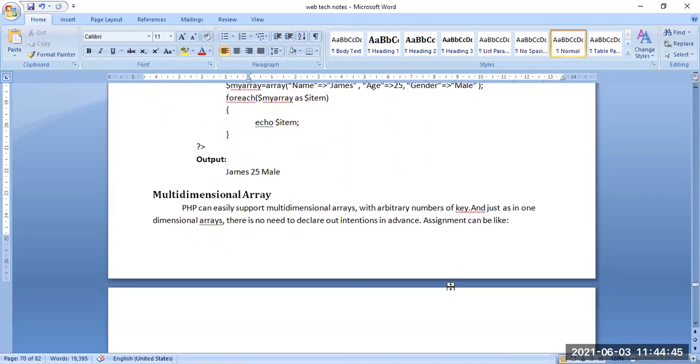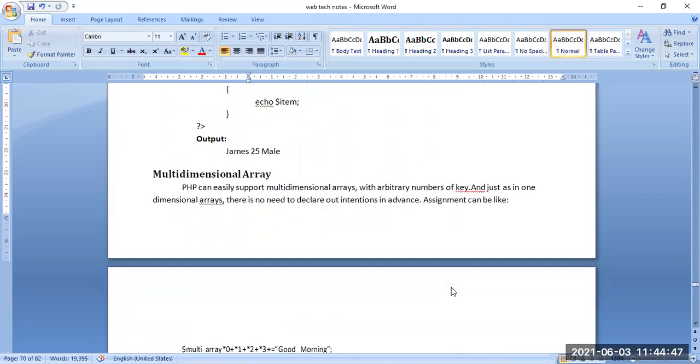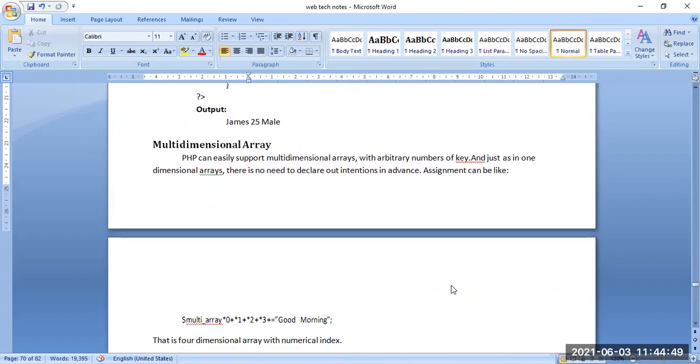After the associative array, another term present here is the multidimensional array.